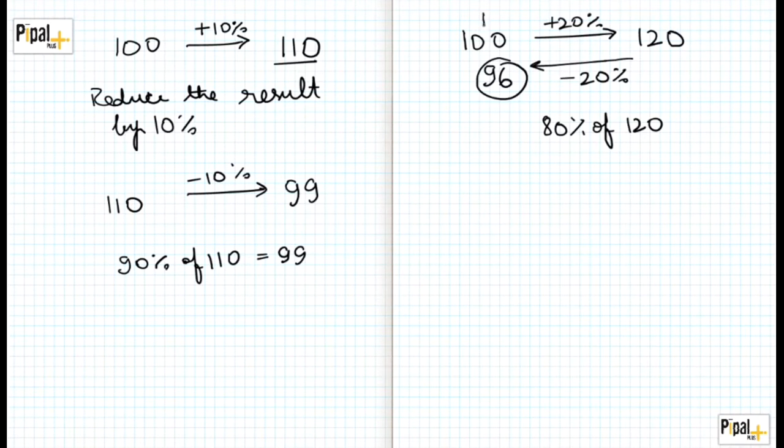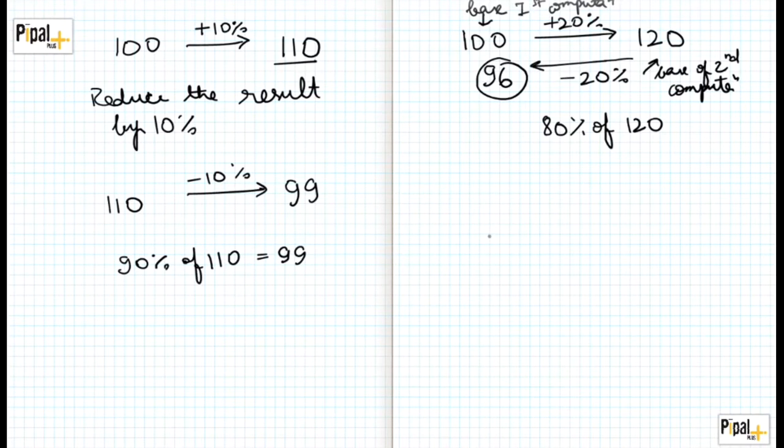So the point here is that if you increase something by a certain percentage, this is the base in this computation, the base for the first computation. However, now that the entity has increased, the new base is also larger. So 20% of 120 is actually 24. So this is the base of the second computation. Therefore, despite the percentages being the same, we do not end up at the same number that we start with.